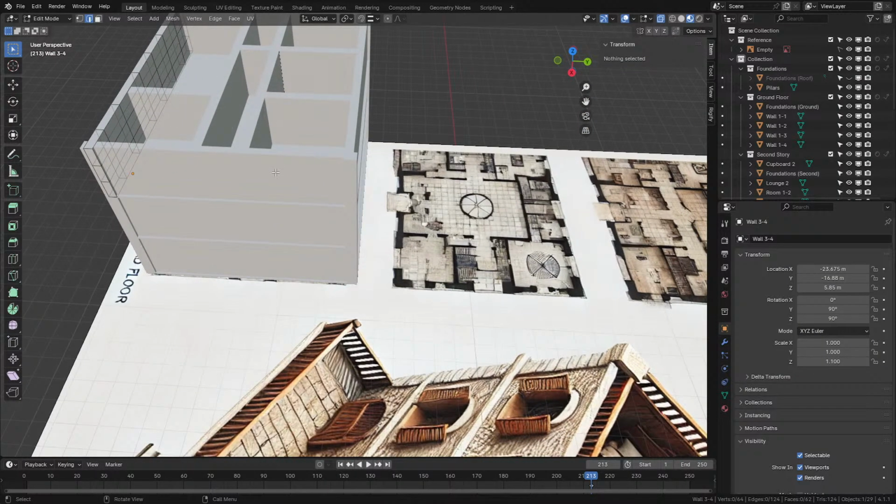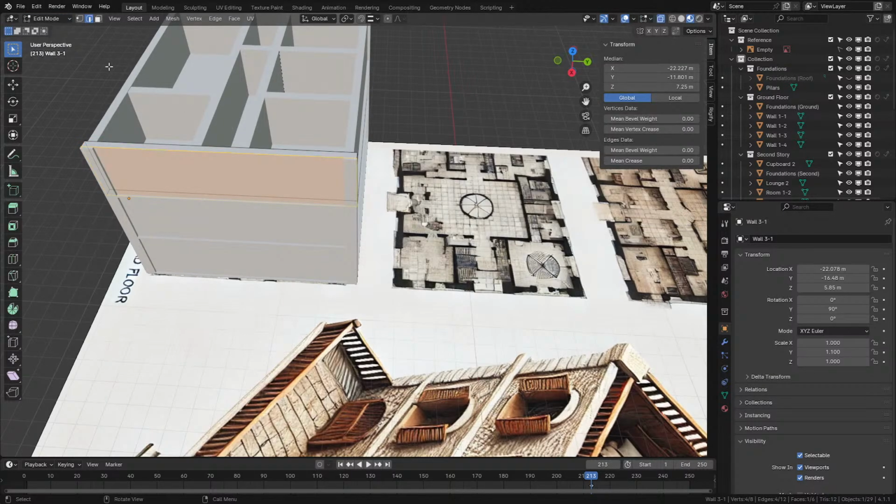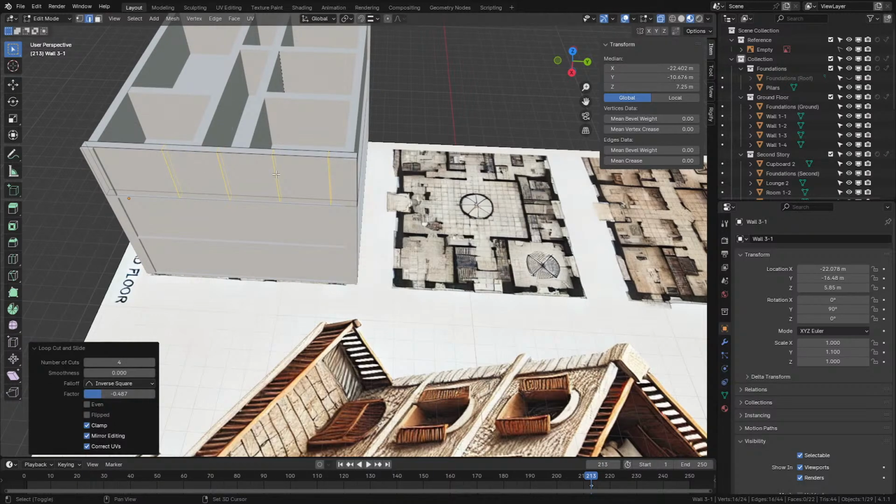So this one, we will go into edit mode, select all, 2, 3, 4. We'll put 4 windows in this, but